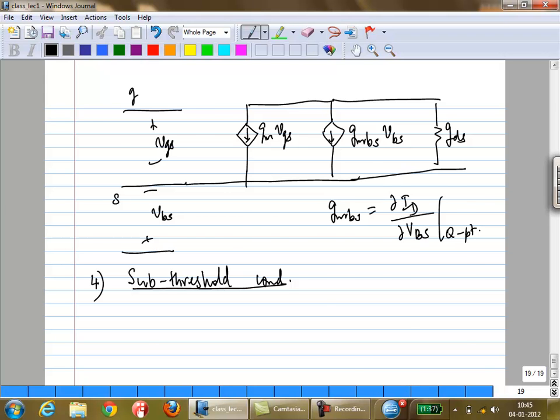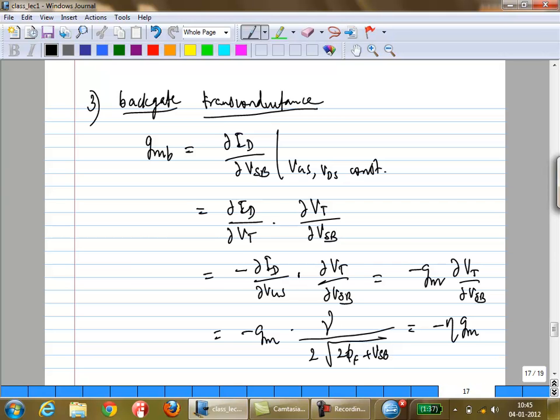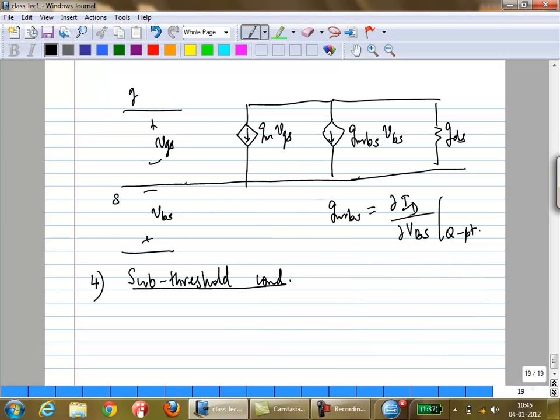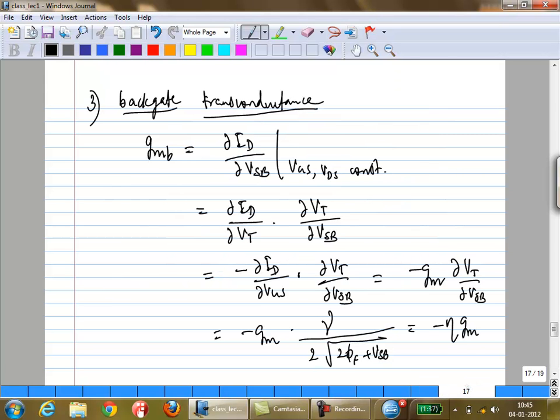That's because you used VSB there. If your VSB is 0, your VT is nothing but VT naught. Correct? So I understand your question. So if you set your VSB to 0, then VT is VT naught,